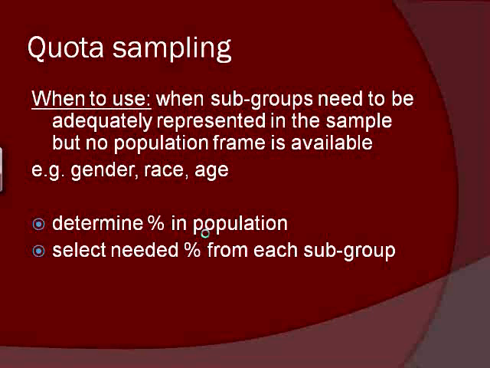So let's say I have a sample of 100 people that I want, and my sample will have 51% men, that is 51 men, and 49% women, that is 49 women. What I do is I just go ahead and grab the first 51 men I can get my hands on and the first 49 women I can get my hands on. So it's still convenience based, but the proportions of men to women are the same as they are in the